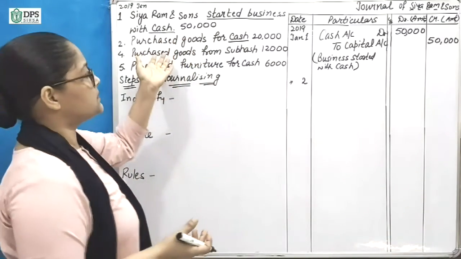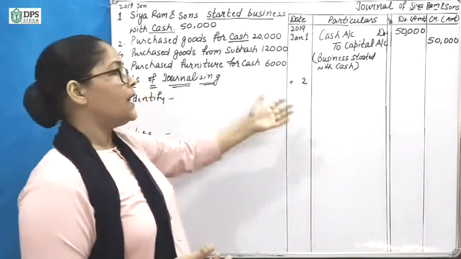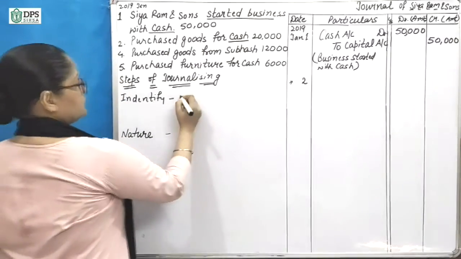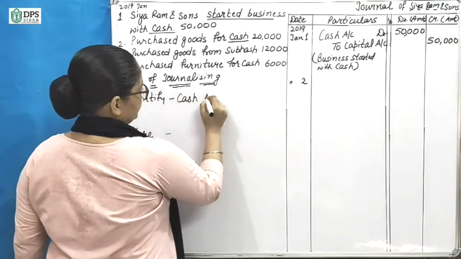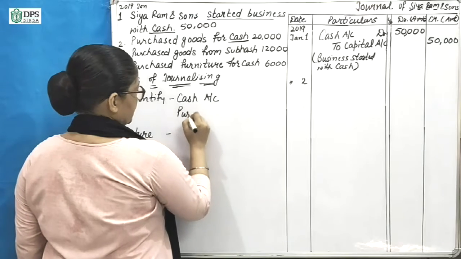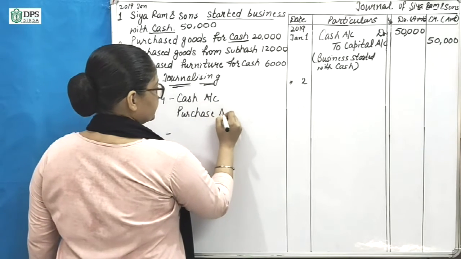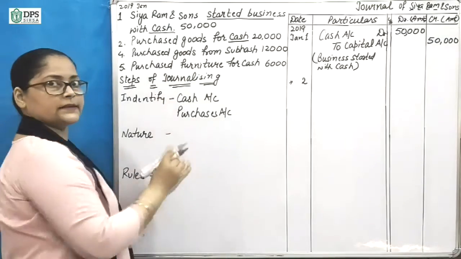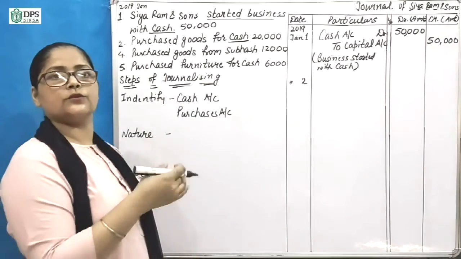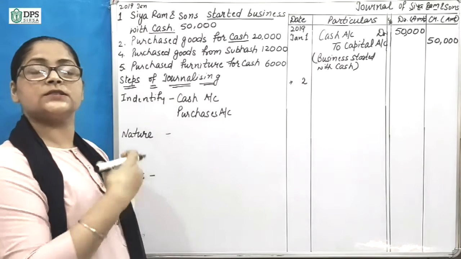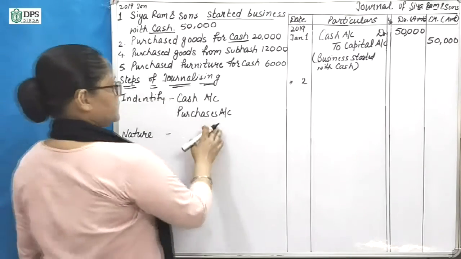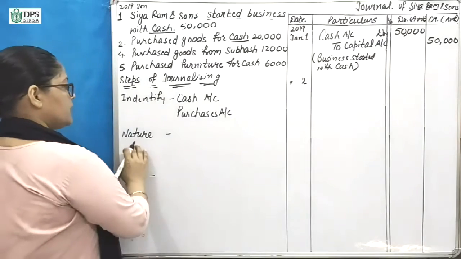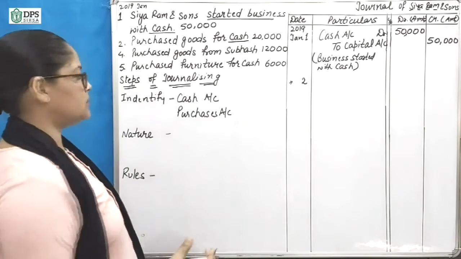So we are purchasing goods and cash is going, and when we are purchasing goods, some material is coming, and we will write here cash and purchases account. गुड्स को हम परचेजेज अकाउंट लिखते हैं, और जब भी हम वही गुड्स को रिटर्न करते हैं तो हम उनको परचेजेज रिटर्न अकाउंट लिखते हैं. So we will write here purchases account. These two accounts are affected. Now we will identify what is the nature of these two accounts.